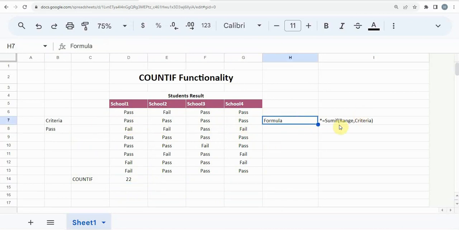The formula is on this side, equals COUNTIF, start of bracket, range and criteria. So this is how this